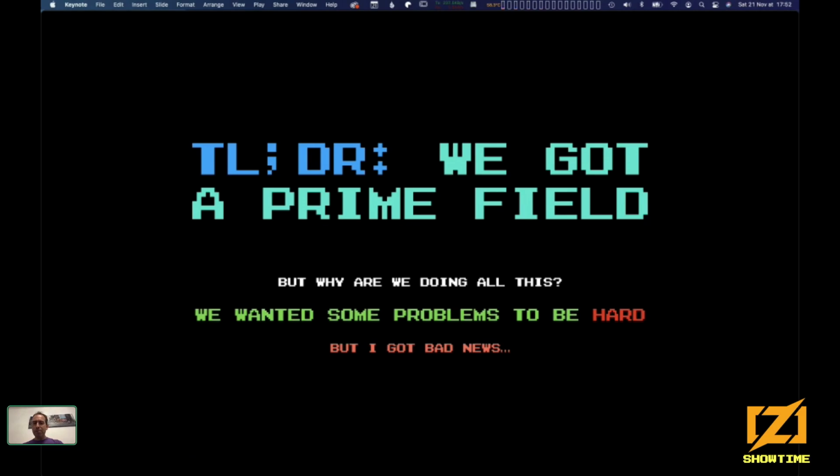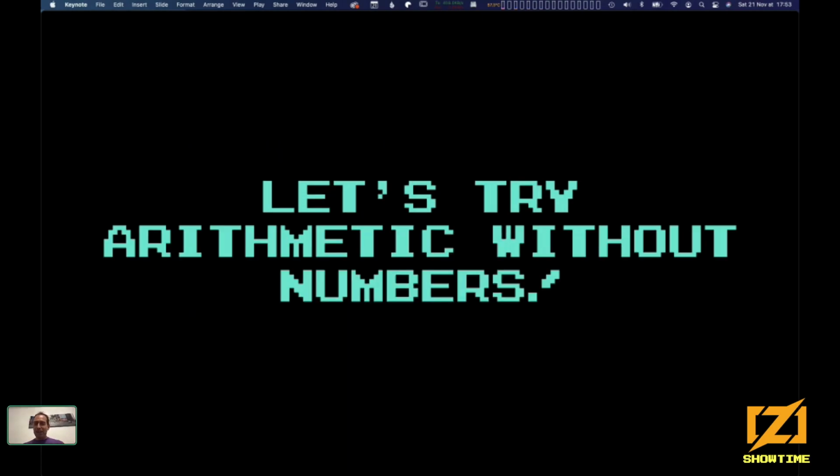Hey, remember the problems that we were trying to make hard? We just needed some context for this problem to be hard. Well, we can do exponentiations. So maybe in this context, when we do everything mod P, the problems are hard. This is why we've been doing all this, right? I got some bad news for you. Nope, it's still not secure. For that to be secure, we will need a much, much, much bigger field. Wow, why did we do that? Come on. Let me show you why.